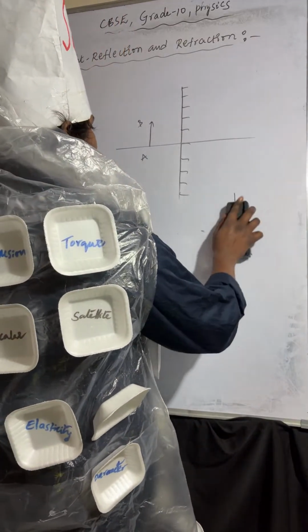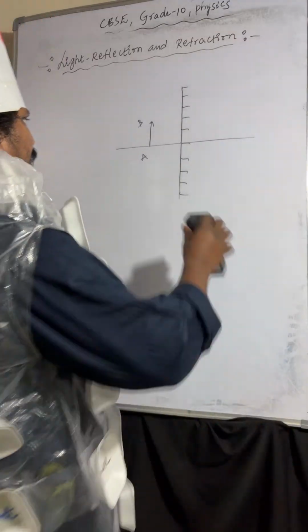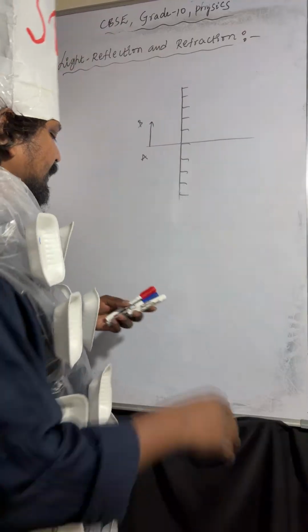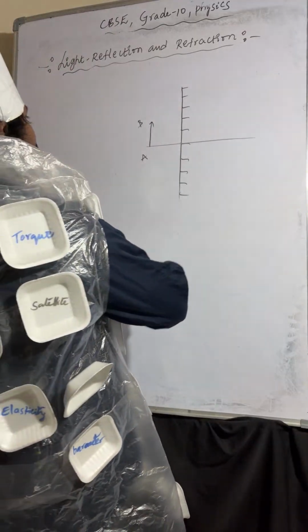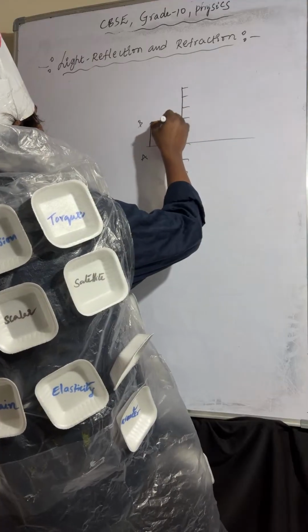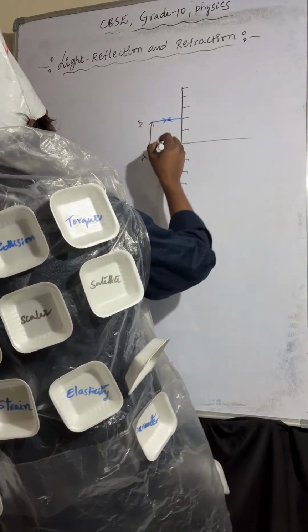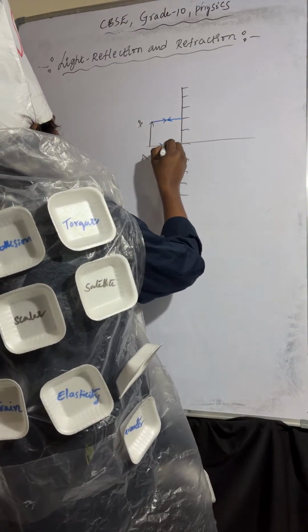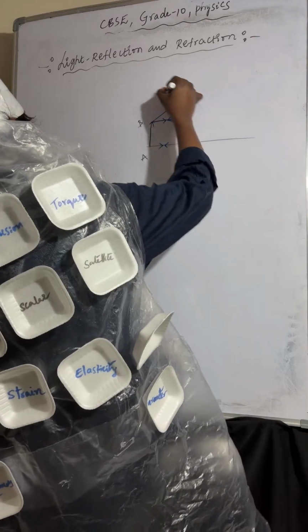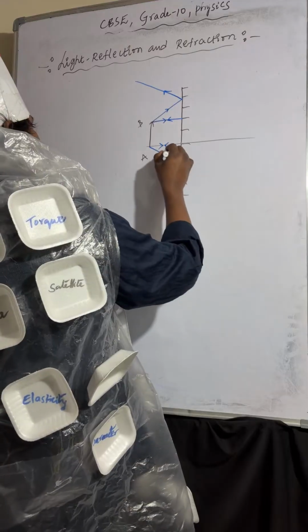When light is incident on the surface, here you can observe, this is the incident ray, and if the light ray is incident along the normal line, it reflects back. So how many light rays? I said 2 light rays, right? So one more light ray I am taking like this. After reflection, it is moving like this. Another light ray is also moving like this.